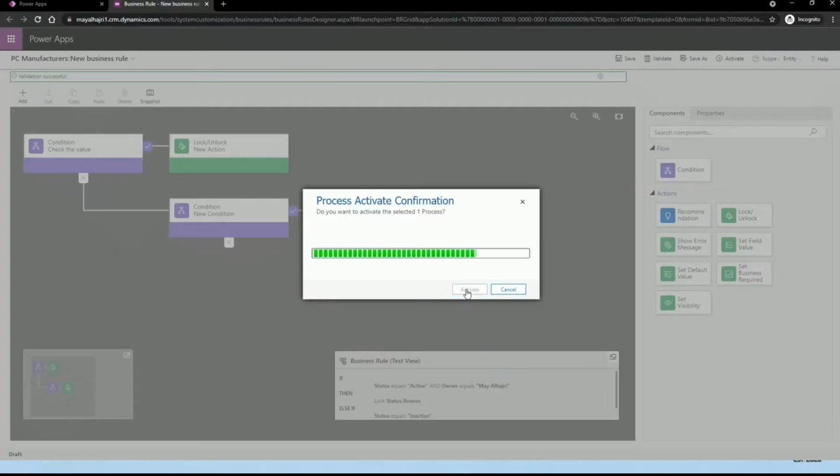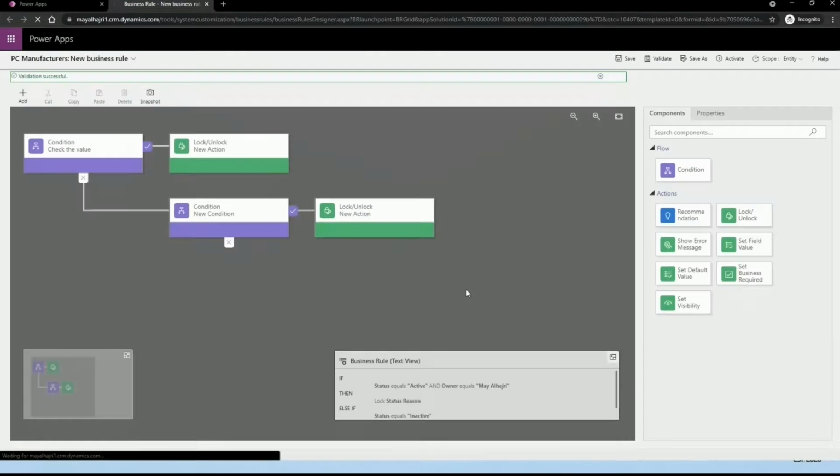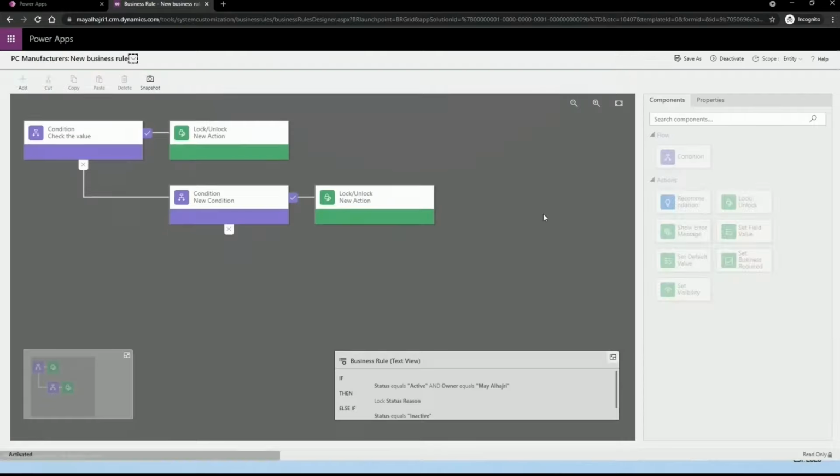Later on, if you want to disable this business rule, you just need to click on deactivate, and by default it will not work anymore, but it will be saved